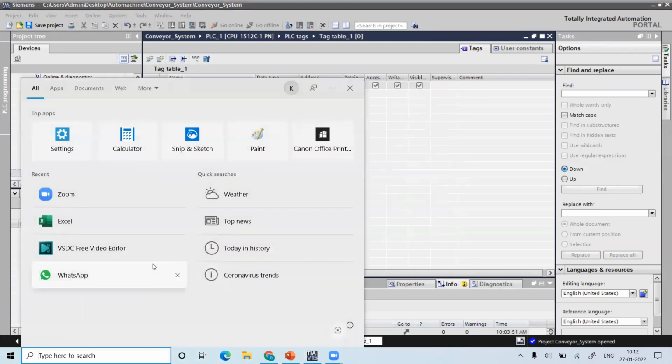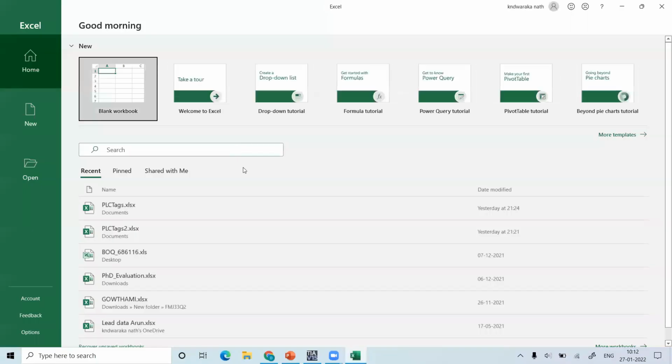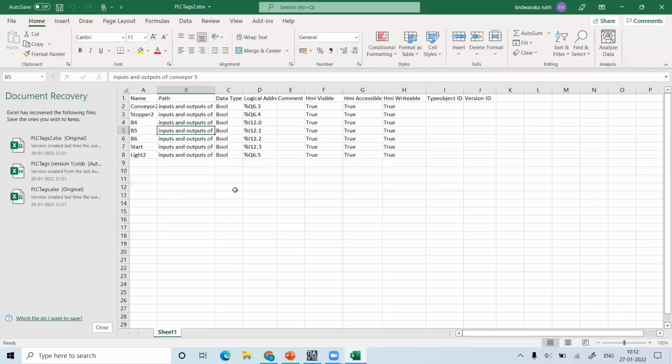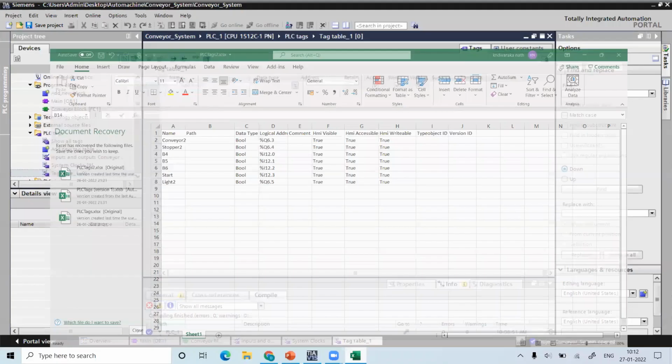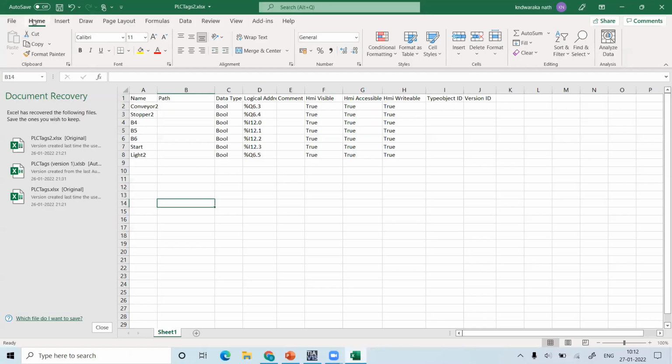So I'm going to check my Excel whether data is available or not. So data is there, but why is it not importing? Check whether it is possible or not. Auto save.